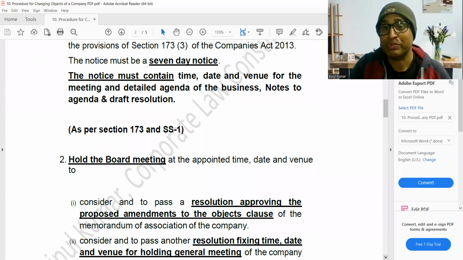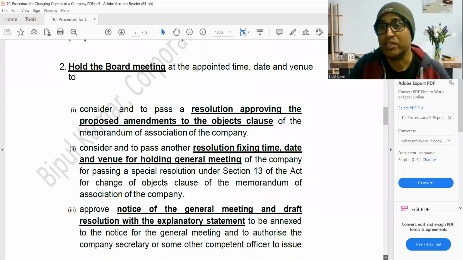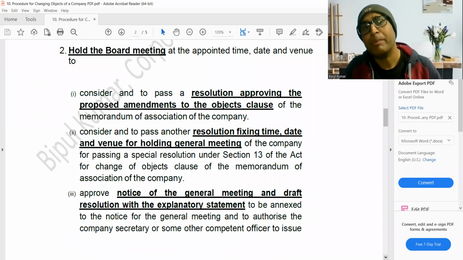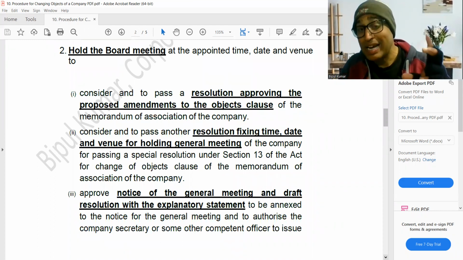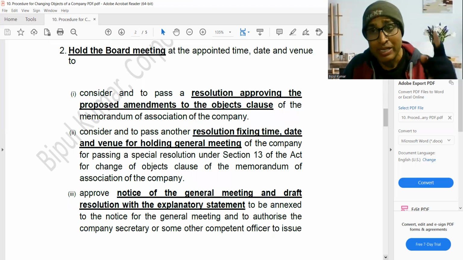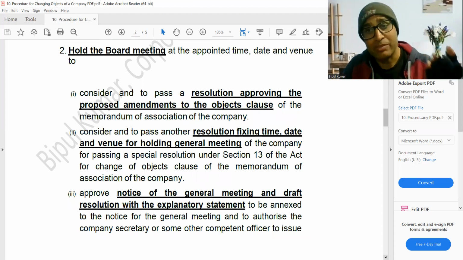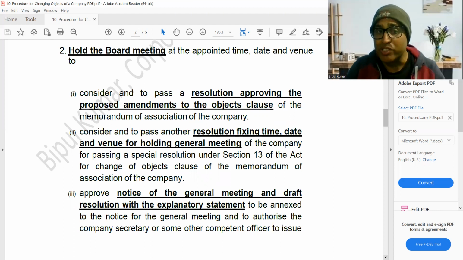time, date and venue. In the board meeting, consider and pass a resolution approving the proposed amendment to the object clause. Consider and pass another resolution fixing the time, date, and venue for holding the general meeting, because a special resolution is required, and a special resolution is to be passed in the general meeting of the company under section 13 of the Act for change of the object